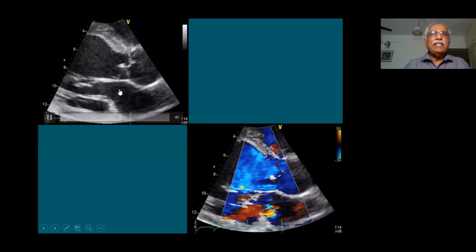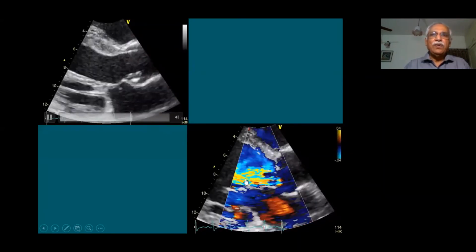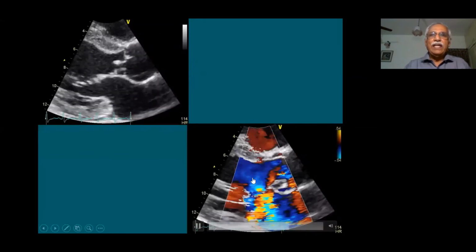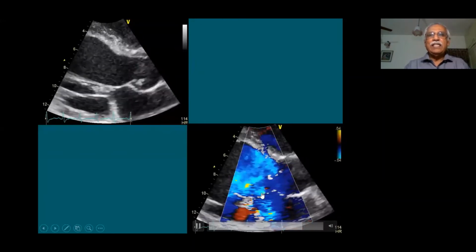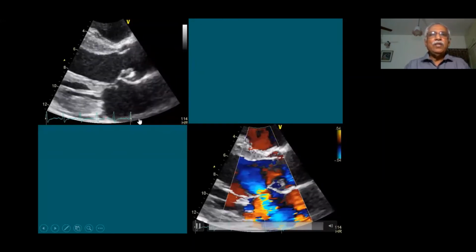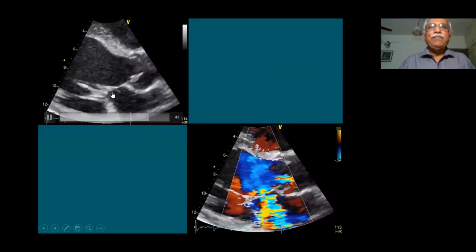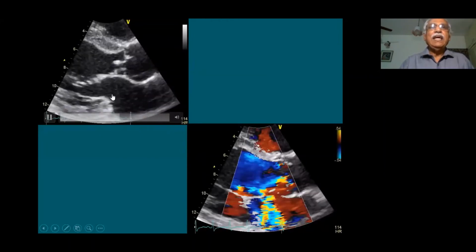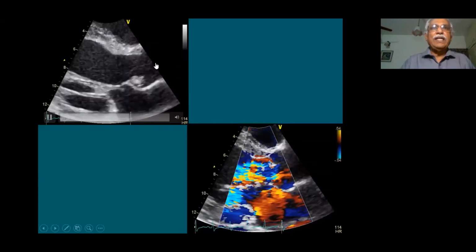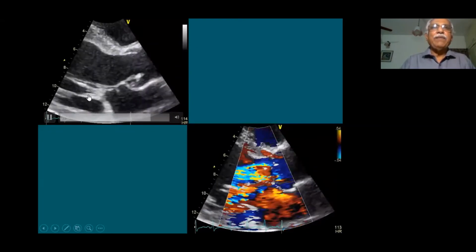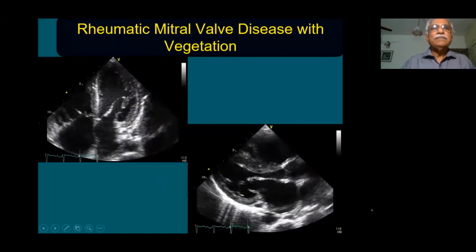You can clearly identify the tag of tissue, or maybe a mass of infected material also. With the color Doppler, you can clearly identify the aortic regurgitation, and there is a perforation over the anterior mitral leaflet with significant mitral regurgitation. If you miss this one and the patient goes for surgery, then the mitral regurgitation may be missed, and the patient might have to be reoperated at a later stage. So in any patient with aortic valve endocarditis, have a close look at the mitral valve to see whether it is secondarily affected.